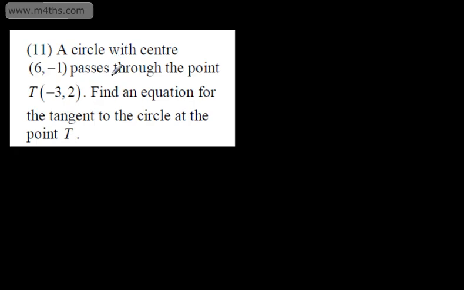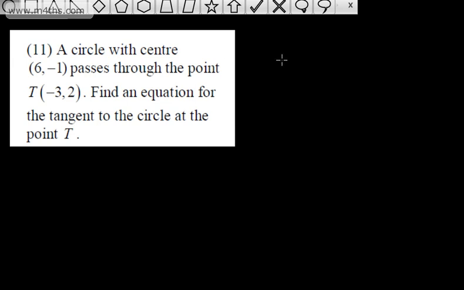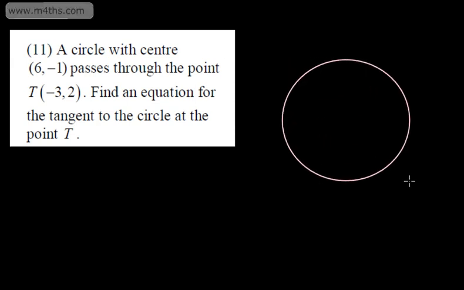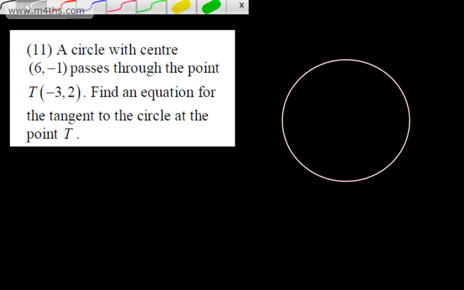So let's start off. In question 11, we're told a circle with centre (6, -1) passes through the point T, which has coordinates (-3, 2). We're asked to find an equation for the tangent to the circle at the point T. Okay, let's just draw this up. A tangent is just a straight line, and that can be written in the form y is equal to mx